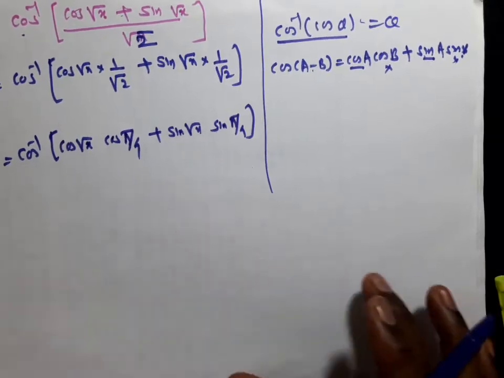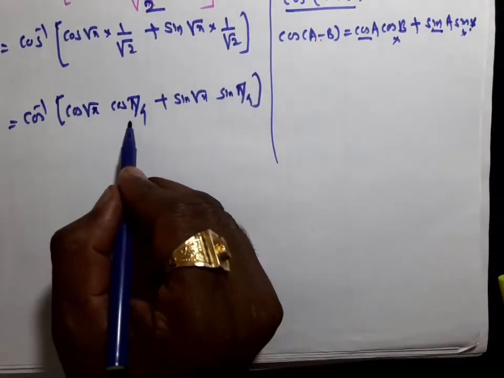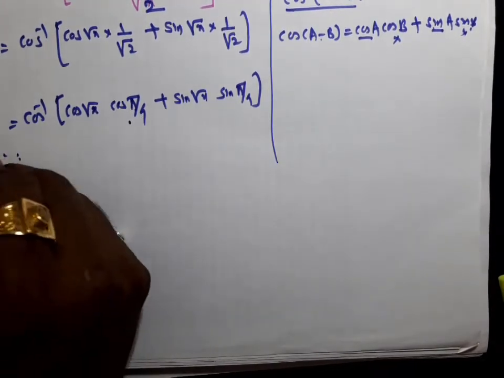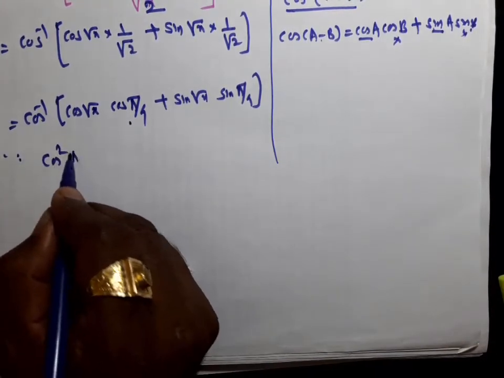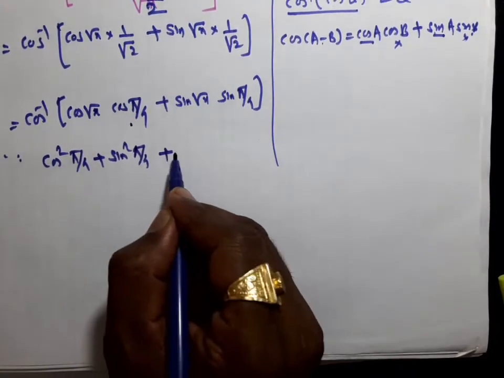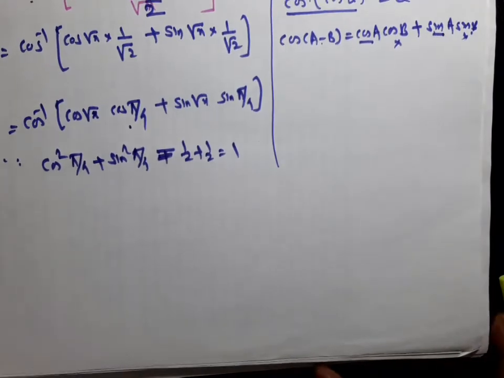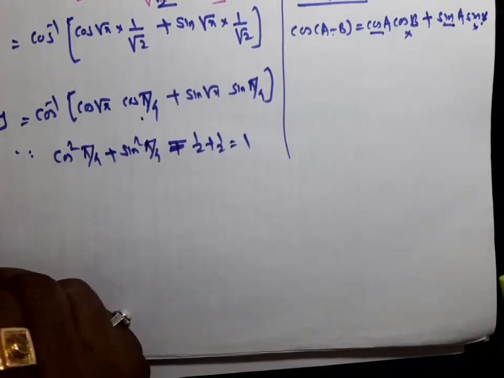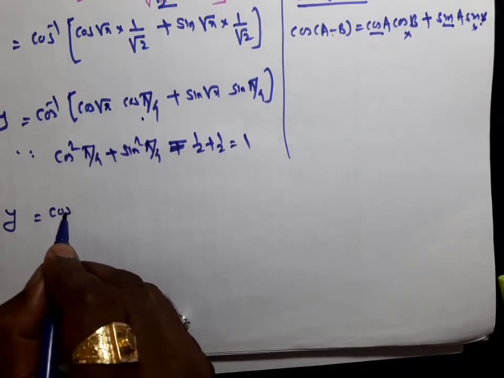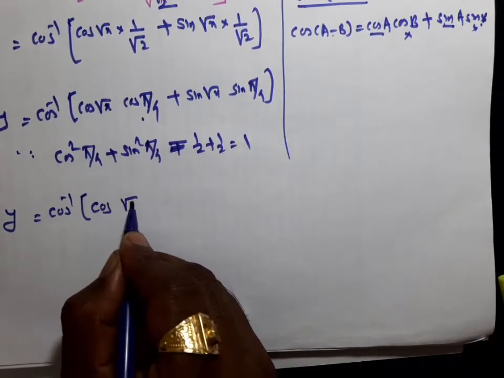So it is a standard allied angle, so no need to verify that cos square theta plus sin square theta is 1. It is obvious because cos square pi by 4 plus sin square pi by 4 is equal to half plus half, which is 1. It is quite obvious. Therefore, y is equal to cos inverse of cos root x